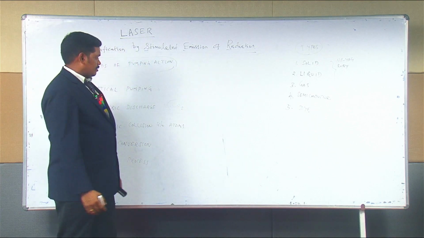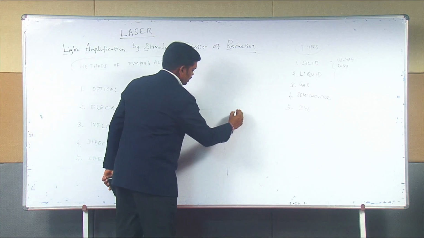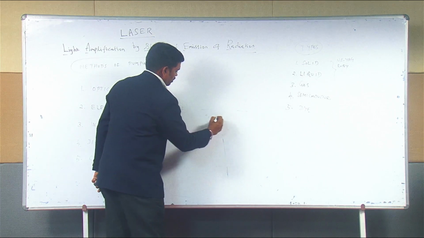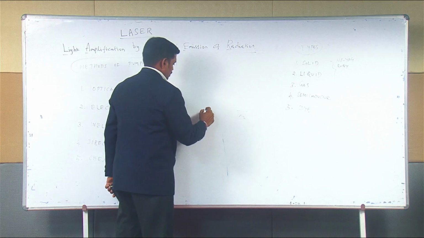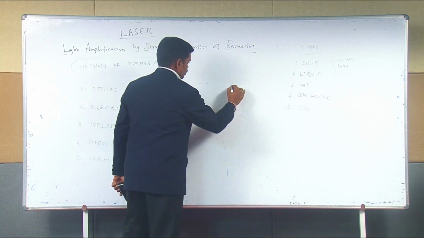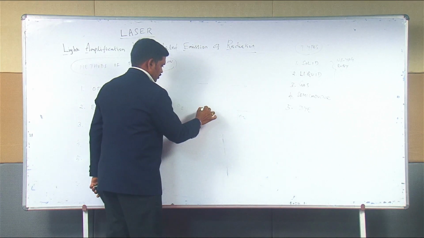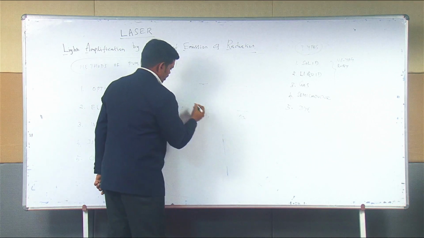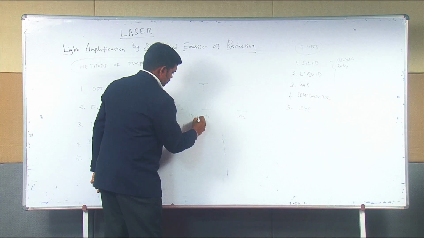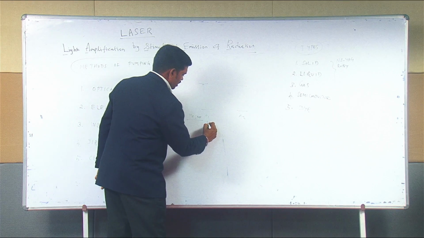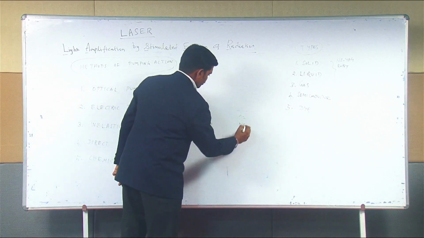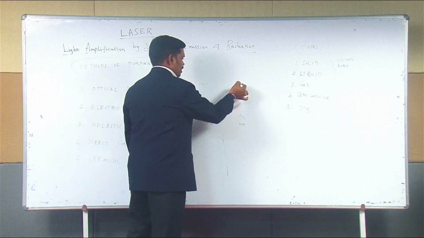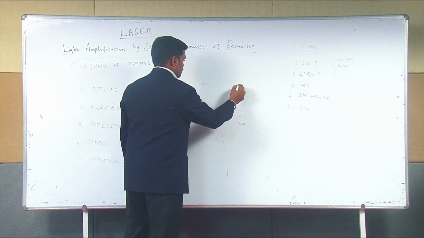So in which there are two different energy levels. For example, this is atom 1 and this is atom 2. It goes to excited state, it goes to excited state. So here, or CO2 or helium neon laser also there. Helium neon, if you assume this is helium atom and this is neon atom, the helium atom goes to excited state, the neon atom can go to excited state, it stays here, it stays here,